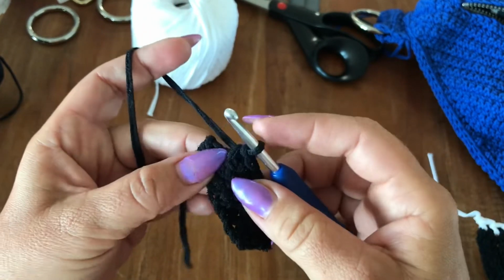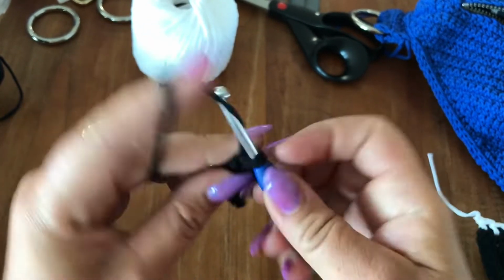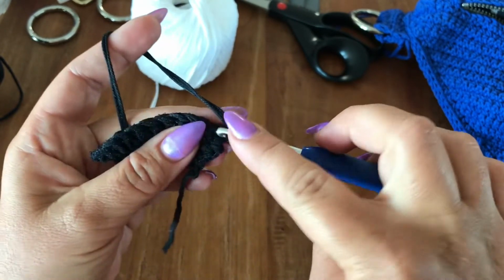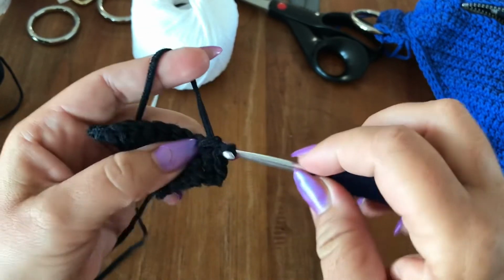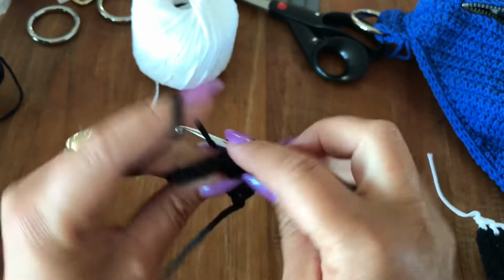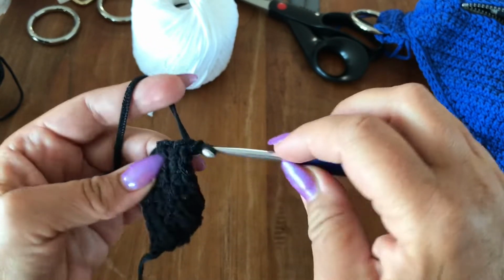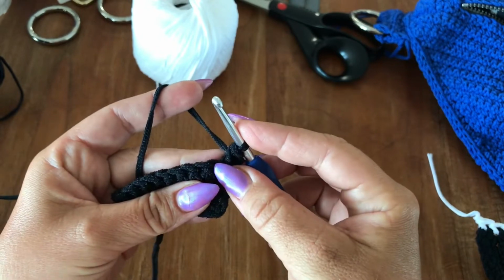So now here I am going to make my increase, and here is my last stitch, then chain 1, and this row we are going to work only single crochets in each stitch without increasing. So my last stitch, chain 1, turn your work, work single crochet in your very first stitch, and in the